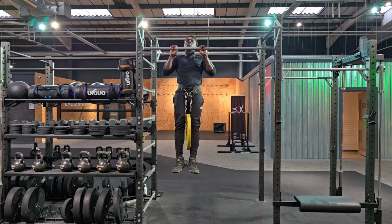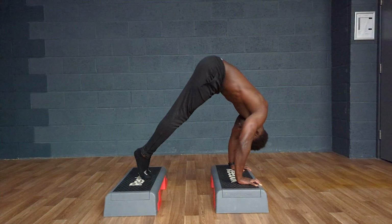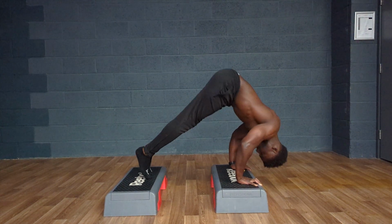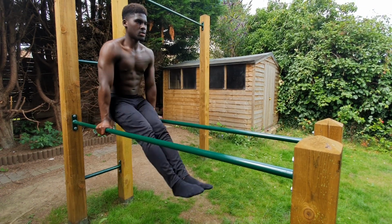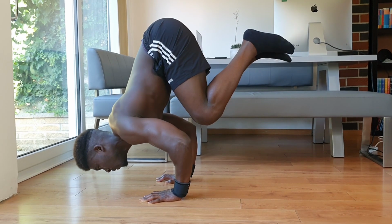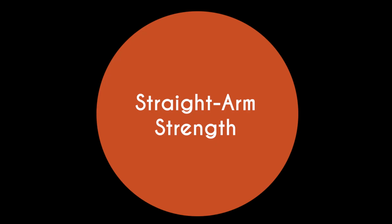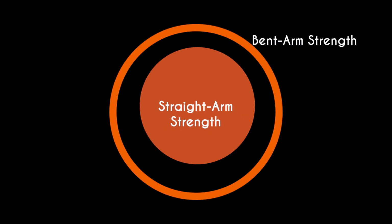You'll see this when people ask, how many pull-ups do I have to be able to do in order to front lever? Or how many pipe push-ups equate to a handstand? Now let's excuse for a second the fact that these translations are often done as an arbitrary way of us getting a better understanding of skills that are often very difficult for us to get our head around. The fact of the matter is, even if a straight arm skill is our goal, our bent arm strength will